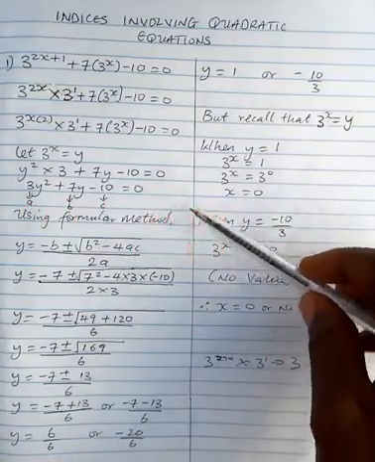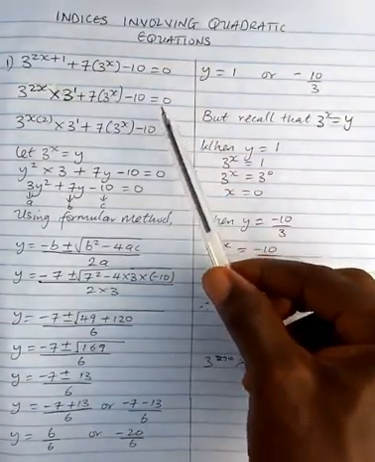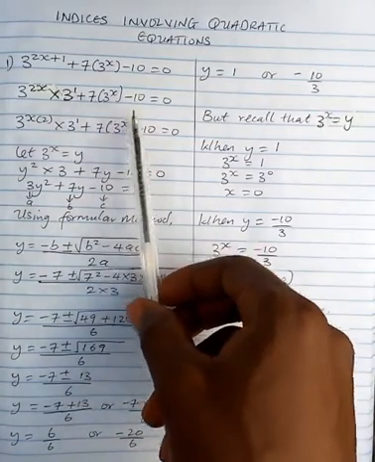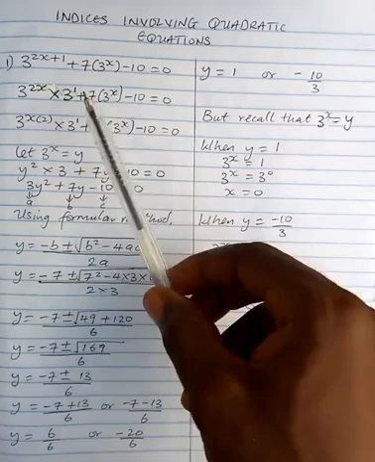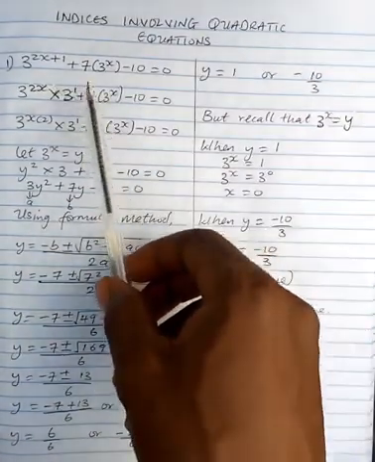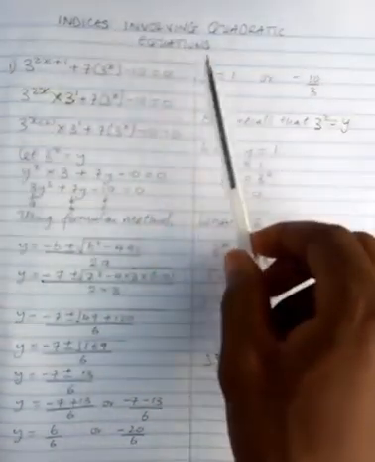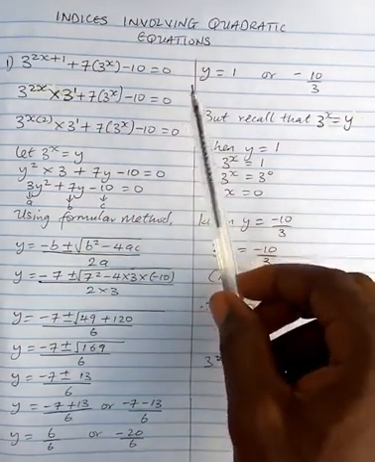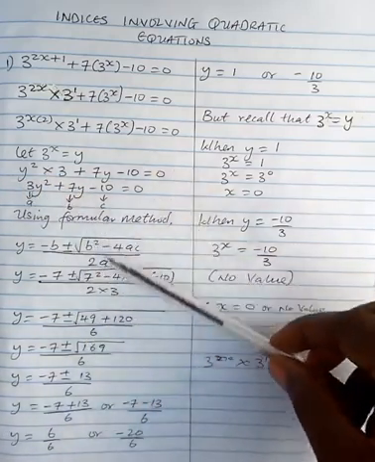Right. Under this study, we'll be treating indices involving quadratic equations. We already have 3 videos before this one. The first is laws of indices. The second deals with those laws of indices combined in one question, and we treated several questions there. Now the third video is indices involving simultaneous equations. This time around we are treating indices involving quadratic equations. So it will do you good to go back and watch the first 3 videos before following very well